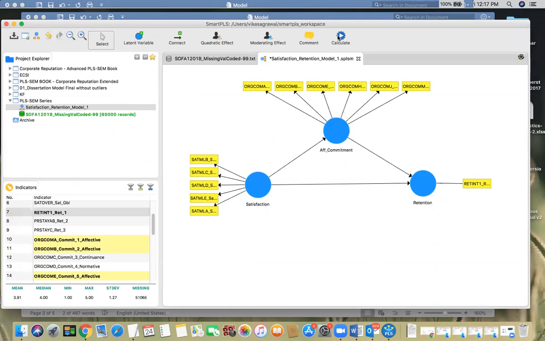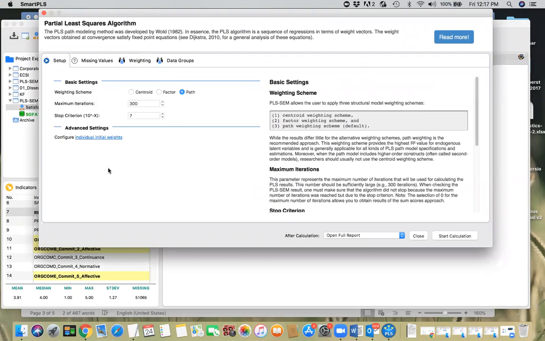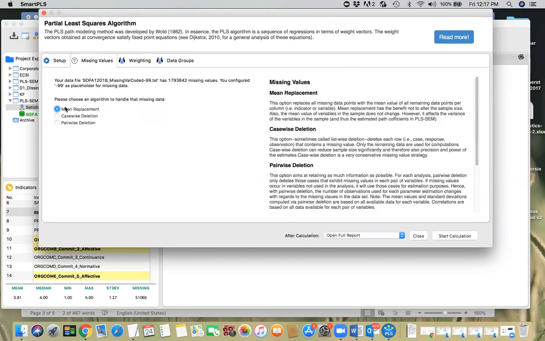So let's go ahead and run this model. We're gonna start the PLS-SEM model here. This is the screen you're gonna see here. Path weighting scheme is what we're gonna use to start with. Missing value indicator is very important. If you use the mean replacement, remember we have 51,000 observations that have missing values, and if you replace them with the mean, the data will become useless, because then there won't be any variation left. So we have to make sure that we delete all the missing values and do complete case analysis. And that's desirable in this case because maybe the survey was given out to only part of the employees in the organization. Okay,